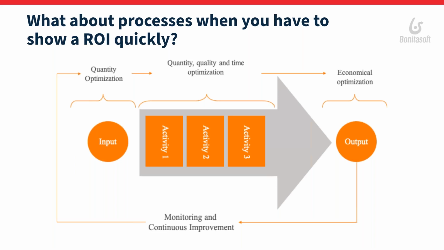Here we see the three key components, derived from the definition of a process as a conversion of a given input with a sequence of structured activities in order to achieve a desired output. With those three components in mind, you would want to look at optimizations on all three of them. On an input level, you would want to optimize the quantity. Depending on what kind of process you have, some processes are focused on maximizing the output. You do as much as you can, usually commercial processes. You want to sell as much as you can with the least amount of effort and input.